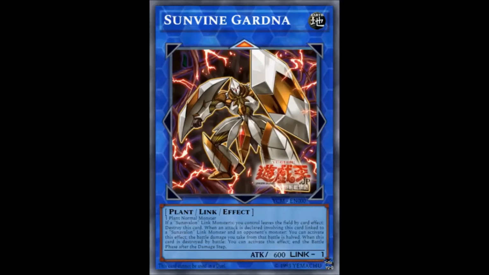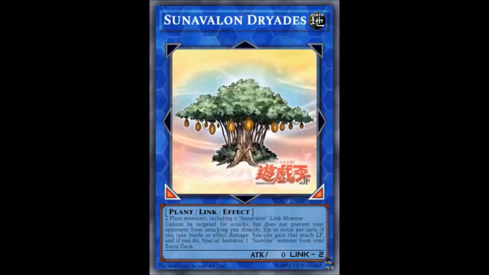So yeah, Sunvine Gardna is a very decent choice. And now let's go on to their higher link monsters and the evolution of Dryas. First of which we have Sunavalon Dryades, the first evolution. This one is a link 2, points bottom left and bottom right, requires 2 plant monsters including a Sunavalon link